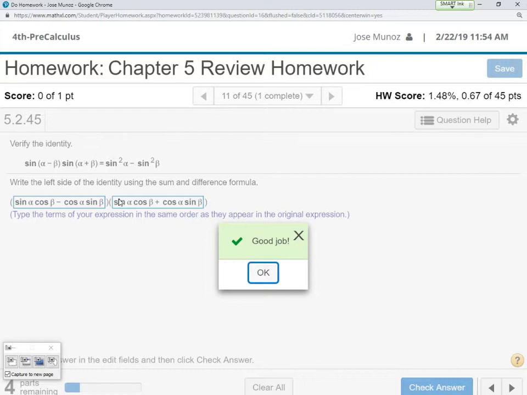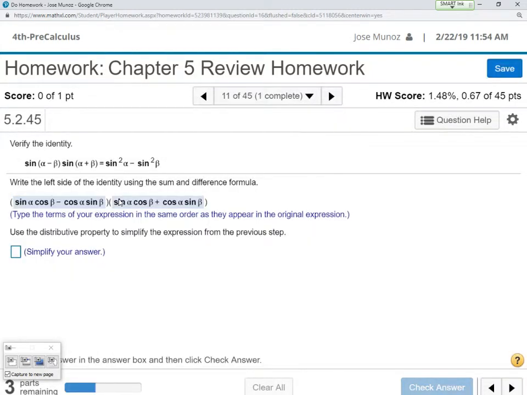Okay, you good there? First step, kind of. All right, cool. So next part says, use the distributive property to multiply it out. Notice that these two are the same, right? That means that the sines will be squared now and the cosines will be squared now. So now I'm going to have to write